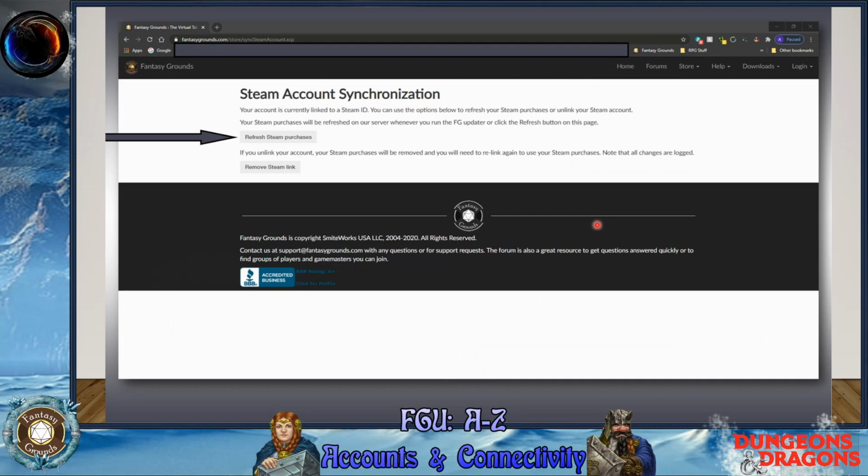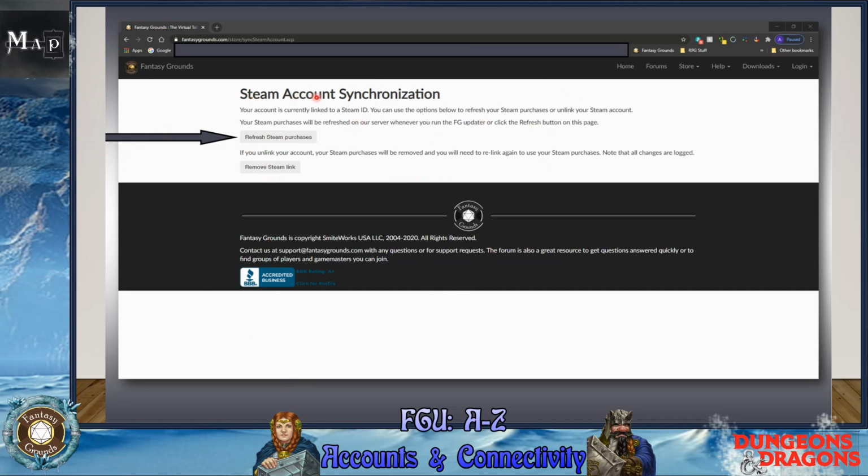Okay, next slide. This deals with the actual Steam account synchronization. This is in the tab up on the right under your store history. When you connect the account, you put your Steam ID in and connect the account, and then hit refresh Steam purchases, and it's going to pull in your purchases and recognize what you've purchased. Whenever you buy something new, or if you do a nice shopping spree, come back to this page and refresh it after you purchase things on Steam. That way you make sure it has synchronized with Fantasy Grounds. Once that happens, you can update your client, and it will pull in any of your purchases from the Fantasy Grounds store.